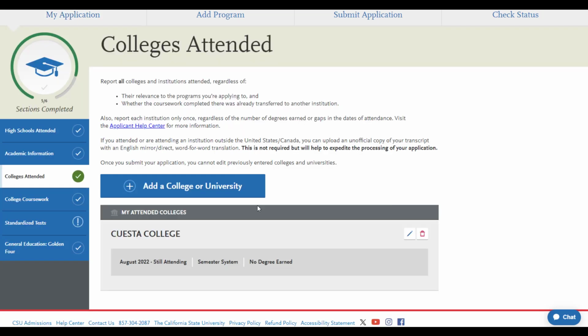For everyone else, you'll need to add all colleges attended. This also applies to high school students who did dual enrollment or concurrent enrollment coursework, even if all of those college credits were acquired via the completion of high school coursework. You still have to add the college that will be giving you that credit and enter those courses under that